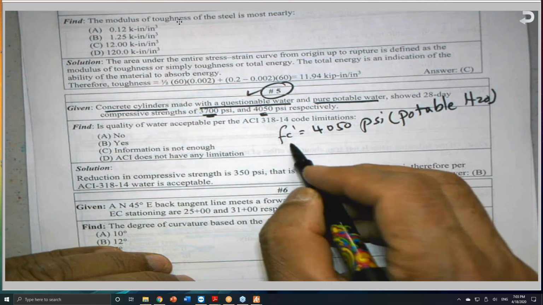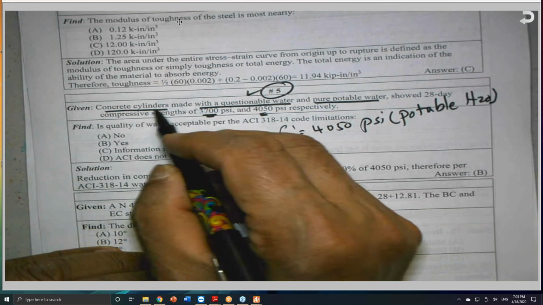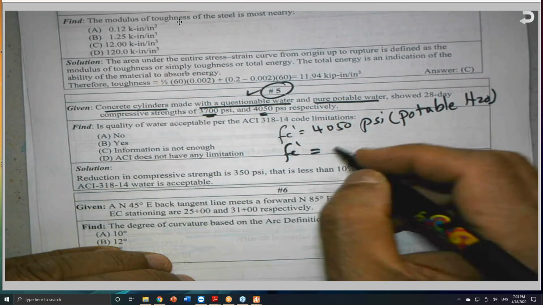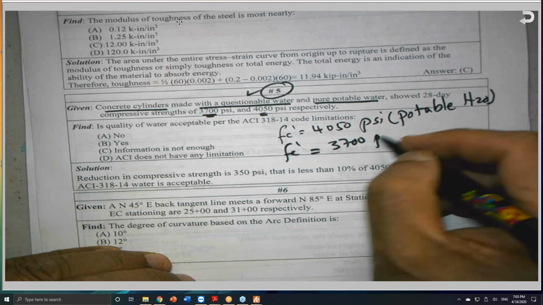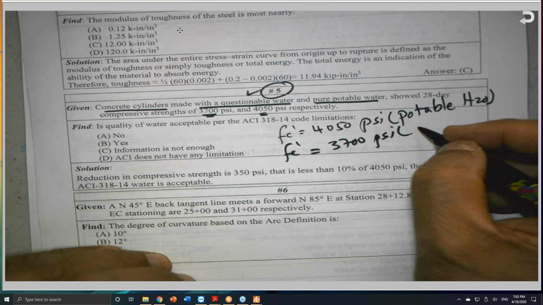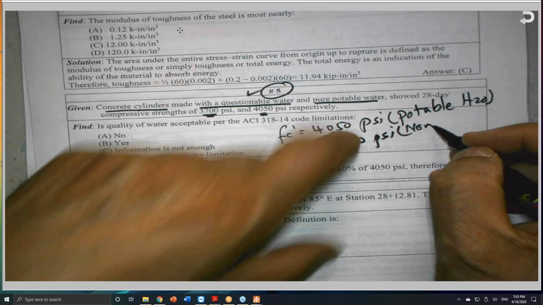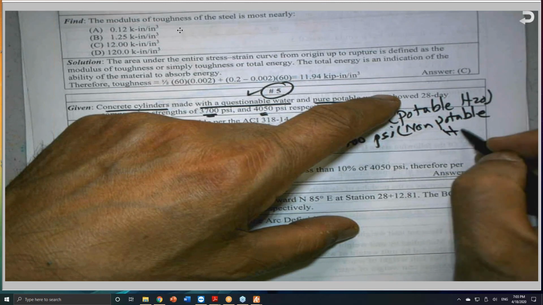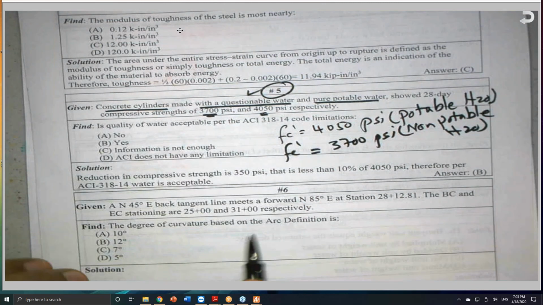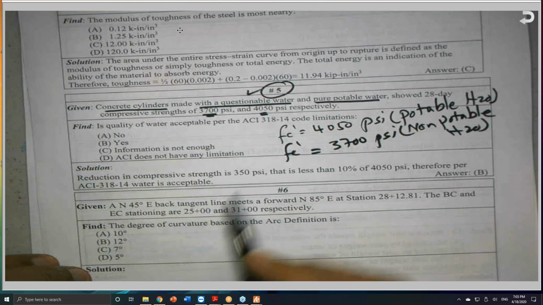But we use some kind of water that is not potable, questionable, and it gave me 3,700 psi. This is the non-potable water. And the question is, is this acceptable per the ACI code